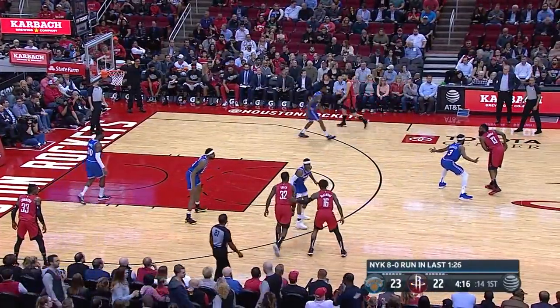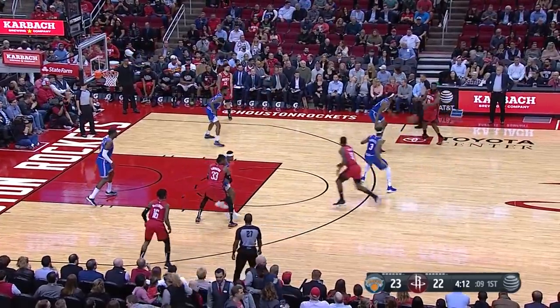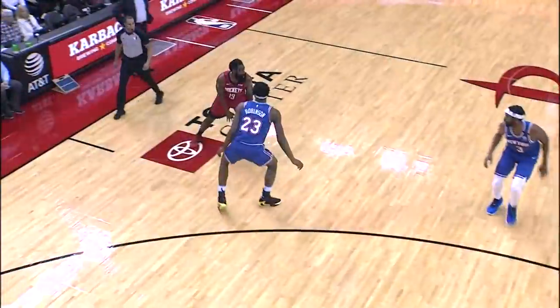33. And Jeff Green, in his first game as a Rocket, hit 3 of 4 from the three-point line. He didn't even know the offense, but he said he didn't need to. There he is right there. Thank you very much. The foul. Watch him on the double team. Watch him here on the